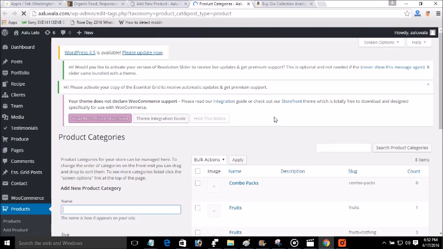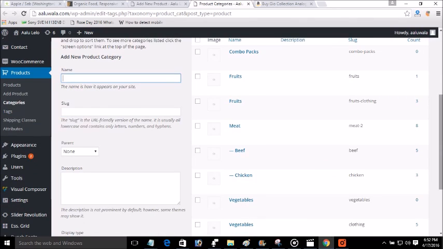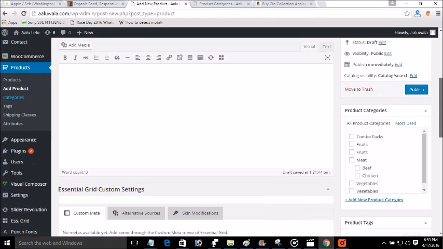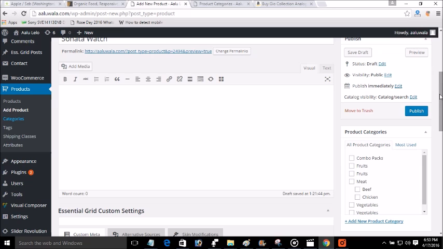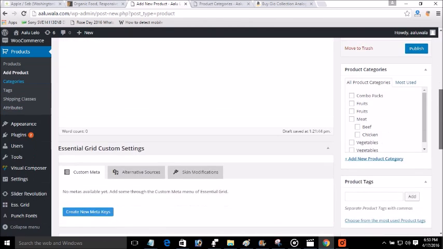So before adding the products, get clear with this categories concept, because suppose you have uploaded a shirt, so you need to just check on the shirt button. It will automatically go on that category, on the shirt category automatically. So it saves a lot of time, and filters of the website also work on behalf of these categories. You can also make the categories of colors and all.